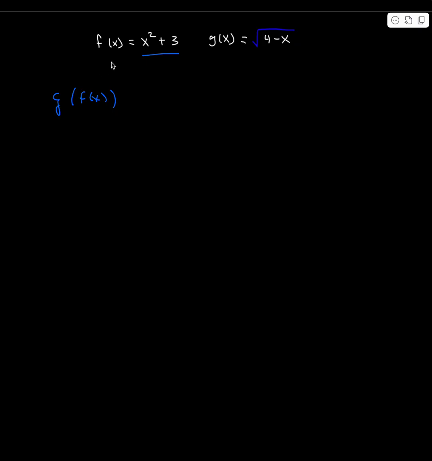Now on the other function, the one that's going inside, g of f of x would be equal to the square root of 4 minus, and we're going to replace x with x squared plus 3. And we got to clean that up, right? So that's the square root of 4 minus x squared plus 3, which is the square root of 1 minus